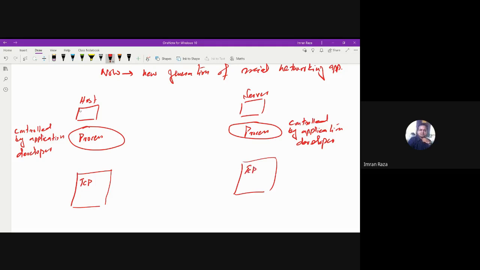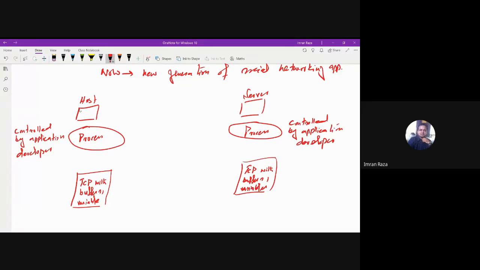And when I say TCP, I mean TCP with buffers and variables, all the buffers and the variables that we have to maintain. So we will also have TCP with buffers and variables, right.